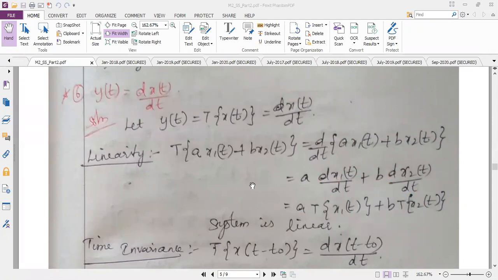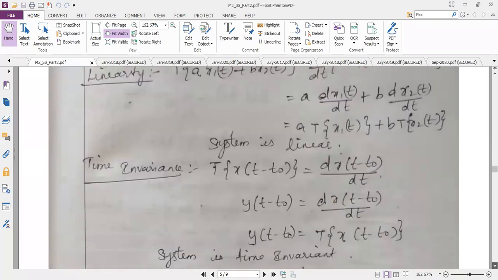And the next, time invariance, is very important. First you will write t of x of t minus t naught. What is the speciality of t of x of t minus t naught? In the question where t is there, you will write only minus t naught. Then the next step is you will write y of t minus t naught. Here again, the concept is that wherever t is there in the question, the complete t should be replaced with t minus t naught. Here I am getting the right hand sides equal, so my left hand sides are also equal, so the given system is time invariant.